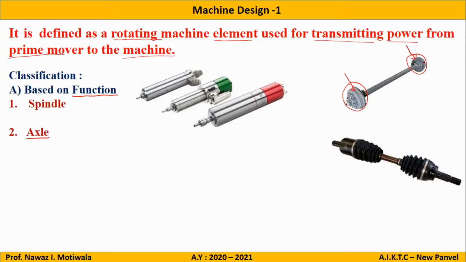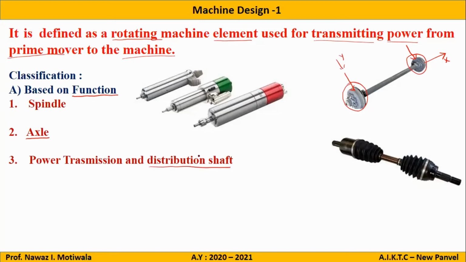So the axis of the shaft is along X, and the load is along Y. What kind of failure is expected if the load is perpendicular? Bending. Yes, very good. So for the axle, I can say that it is designed for bending loads only. Again, I repeat, spindle only for torsion or torque, axle only for bending. So the third type based on function is nothing but the power transmission and distribution shaft.